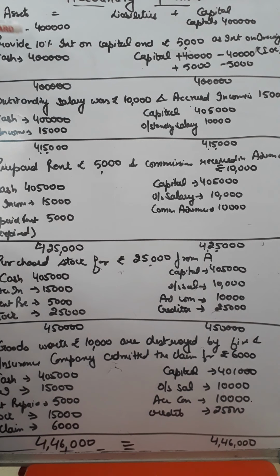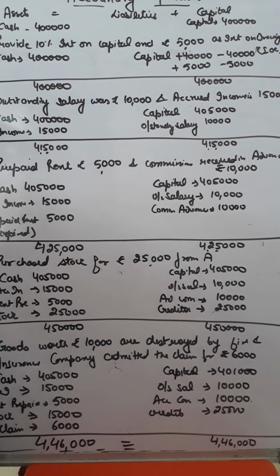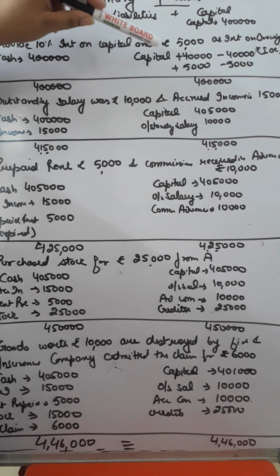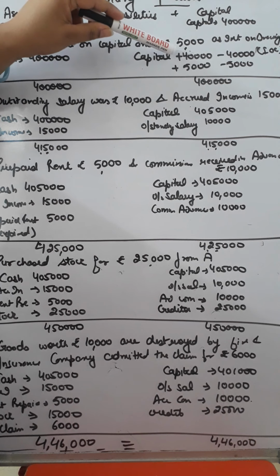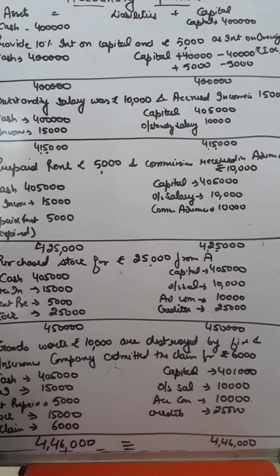So interest on capital, on one hand, is an expense for the business because we have to pay it to the proprietor, and whatever you give to the proprietor, you have to adjust in capital. So what is 10% of 4 lakh? It will be 40,000. Since this 40,000 is an expense for the business and all expenses are deducted from capital, this 40,000 will be deducted from capital, and since this is the income of the proprietor, you are going to add it up in the capital. So your net adjustment both will be in capital only. 40,000 added because this is income of the proprietor, 40,000 deducted because this is an expense from the business point of view.